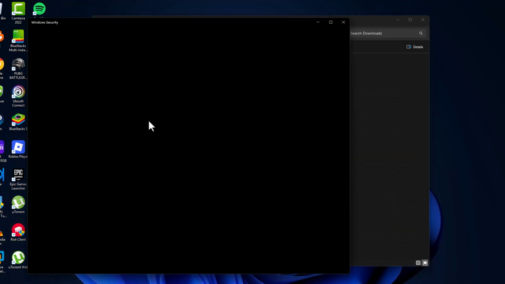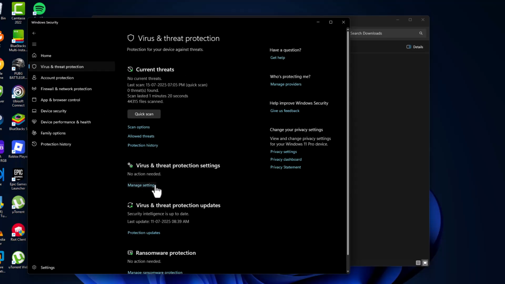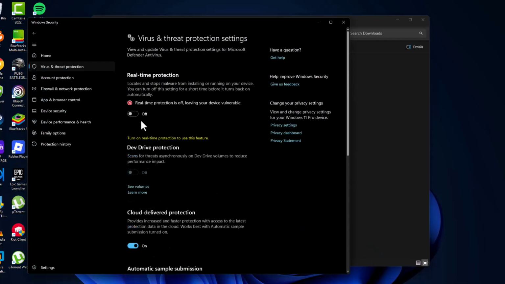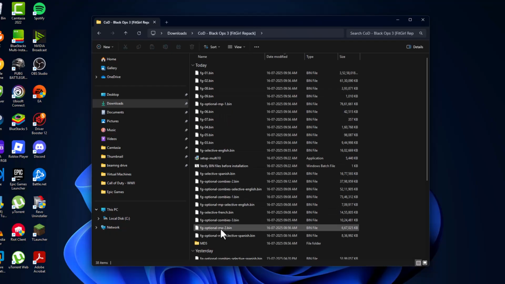Click on open it. Select Virus and threat protection and select Manage settings. Turn off the real-time protection and select yes. After doing this, just minimize this page, double click on the setup folder, double click on setup and select